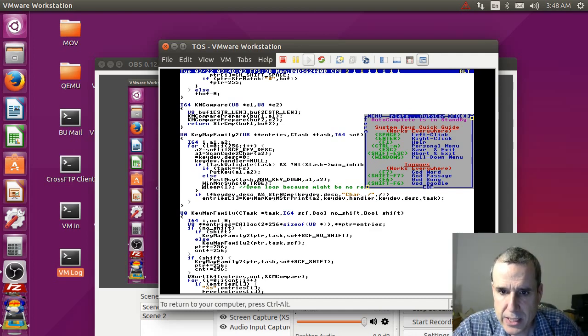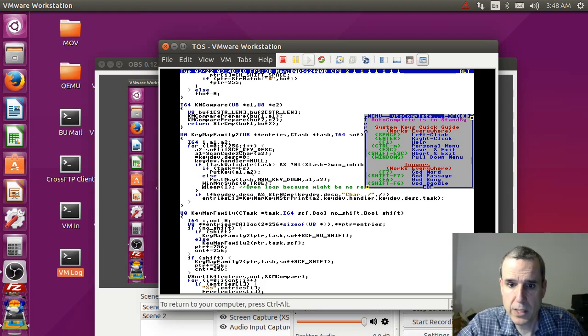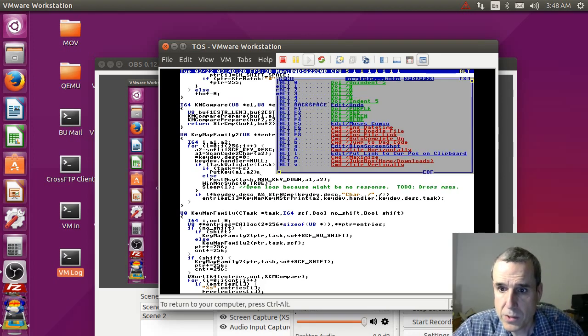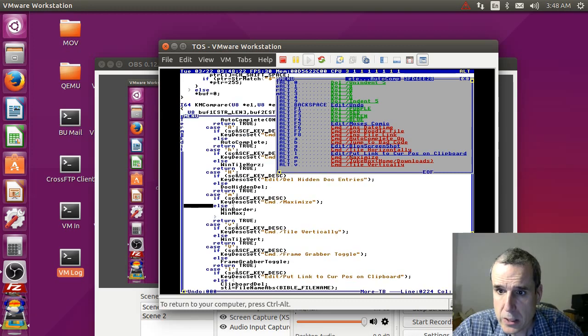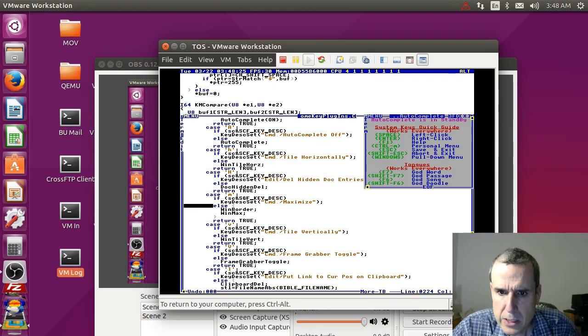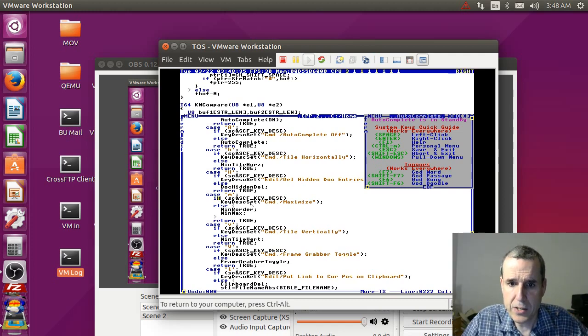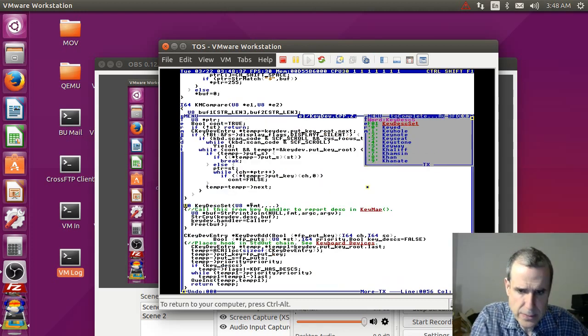That list is generated by sending a message and then waiting for an echo. And this is the code that does that. So if you go to the keyboard handler, if the key description flag is set, then it sets the key description, and this is how